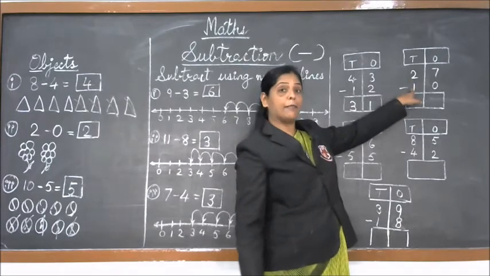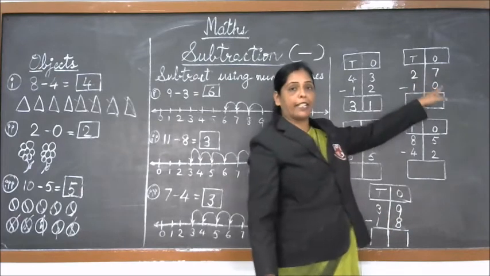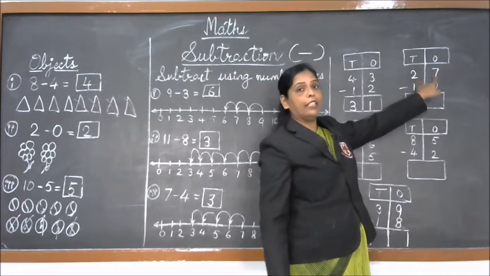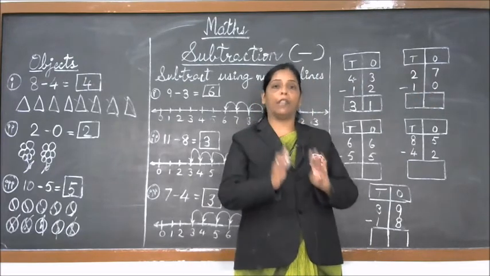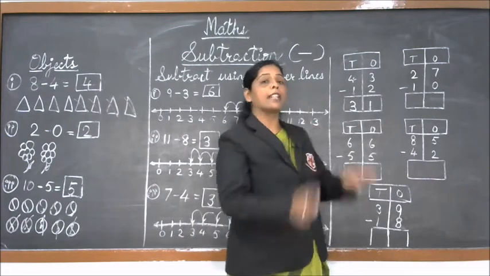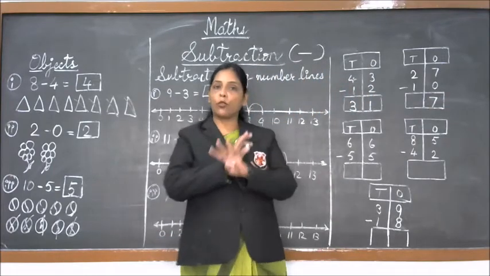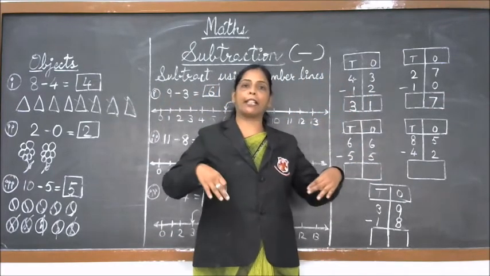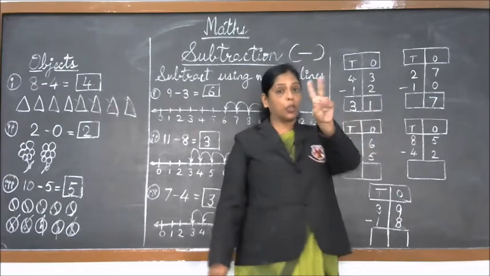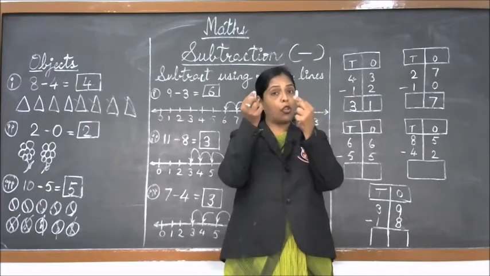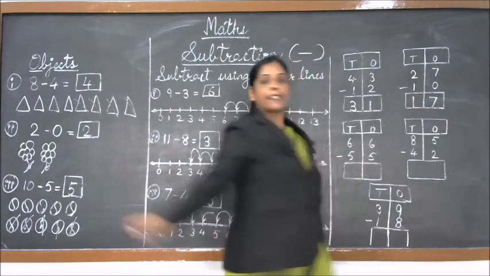Look at the other sum. 27 minus 10. Now in the ones place there is 7 and in the second place the number is 0. If you are subtracting 0 from any number, the answer will be the same. That means 7 minus 0 will give you the same number. You do not have to subtract anything from it, so the same number will come down. Now, look at the tens number. It is 2 minus 1. 2 minus 1. Here I am holding 2 chalks. If I keep 1 in my pocket, 1 remains. So my answer is 17.